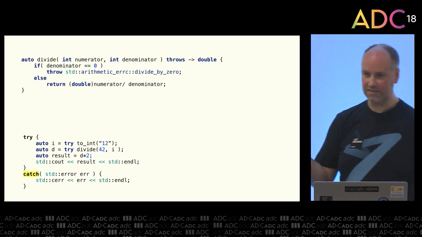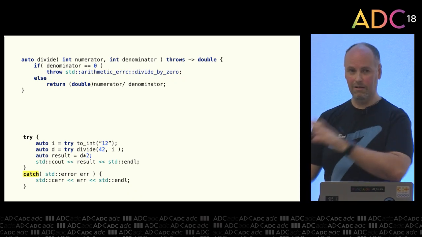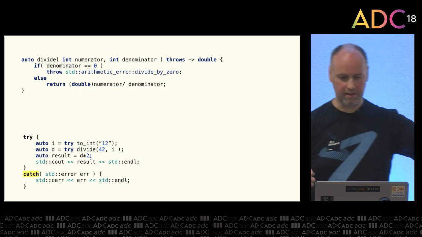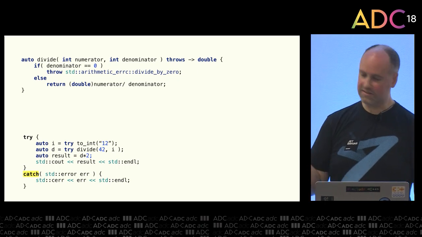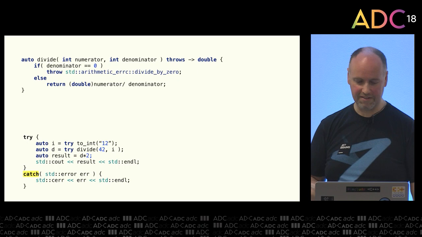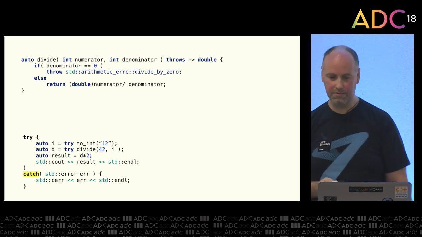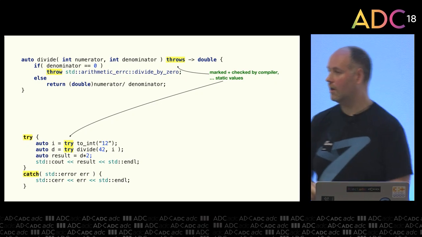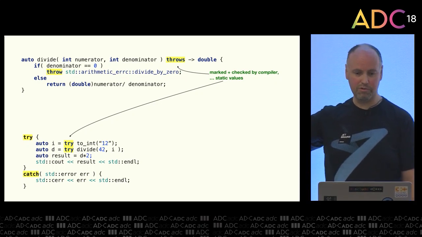So hopefully you can see how we got to here from where we were with the monadic form of using std::expected. But it looks like exceptions. Doesn't have any of the problems of it. Let's have a look at how it scores. First of all, let's note, unlike exceptions, this is now fully marked propagation.